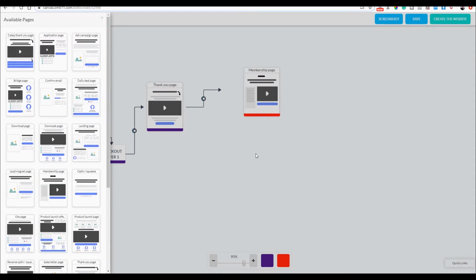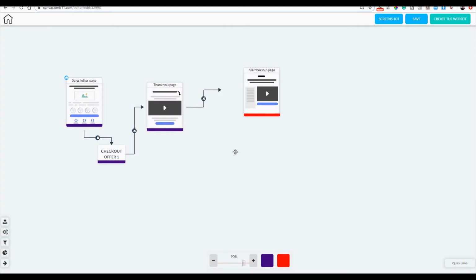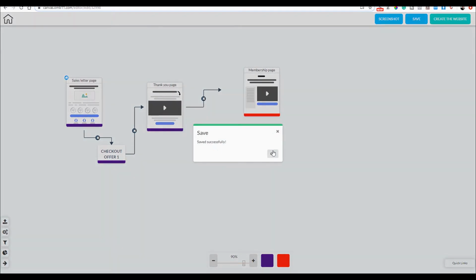But this membership blueprint is already done. This is how it will work. Once people buy my product on the sales page, they will be sent to the thank you page. And from the thank you page, they will be able to access the membership area. Okay, now I save my work and generate the whole funnel. Once done, I can continue editing the pages in the Pixel Perfect Builder.